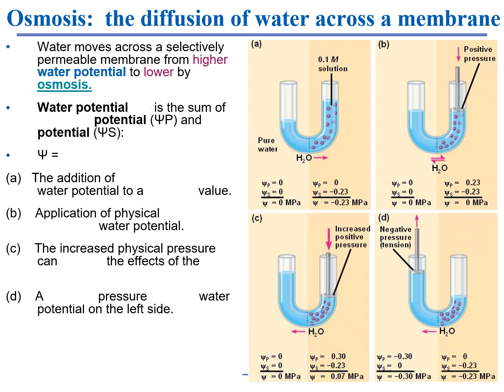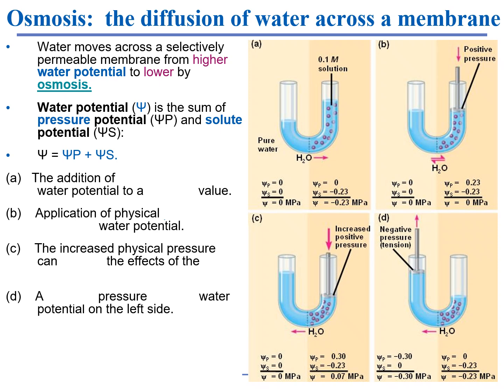And water potential is the sum of your solute potential and pressure potential. So the formula for water potential is, as shown,